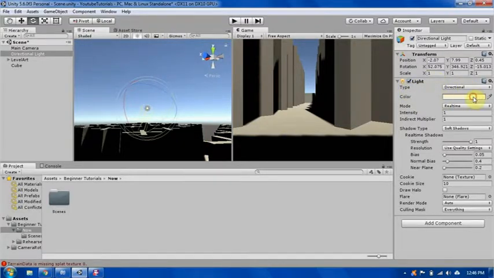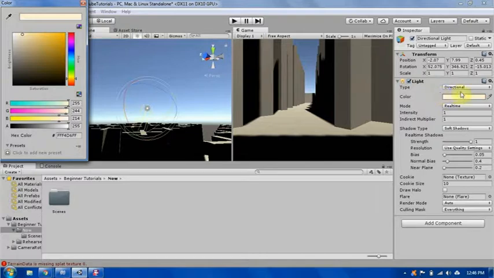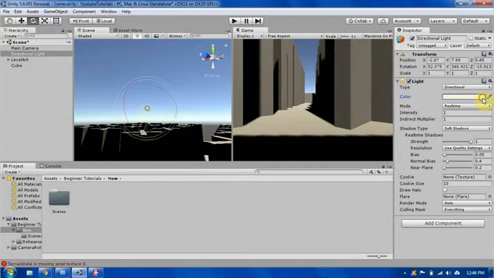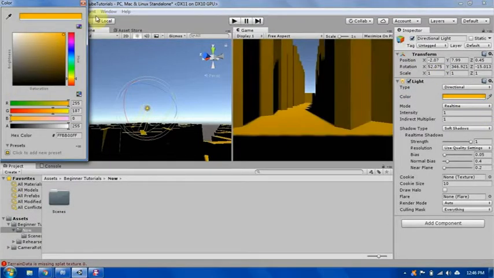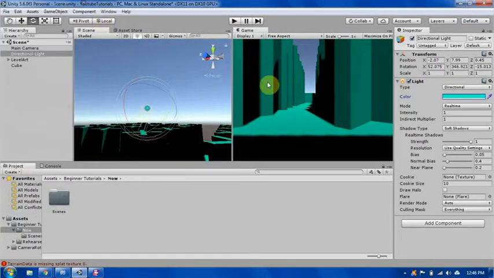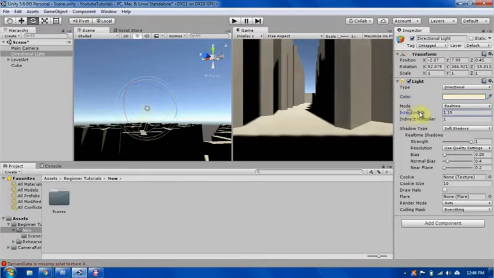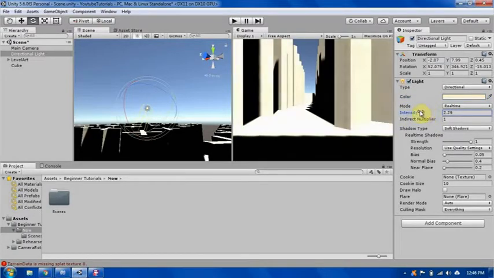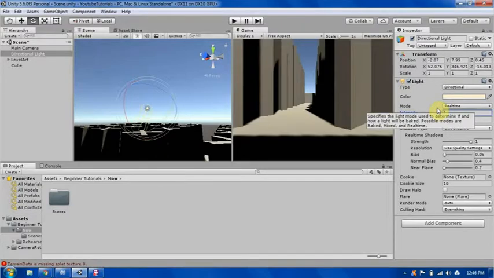So here are the components. This is the component of the light. This is the color. If you wanted to, you could change it to orange or black, green, any type of light you want, but I like the default color that was yellowish. And this is nothing you want to worry about. Intensity, how sharp the light is,